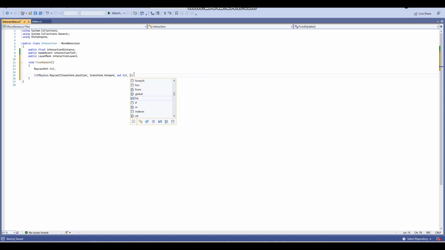So then after that, what you want to do is go interaction distance. So then the raycast is the length of our interaction distance, whatever that's set to. And then last but not least, you want to go interaction layers. So then our raycast only interacts with the layers that we want it to interact with. And then we're going to do the